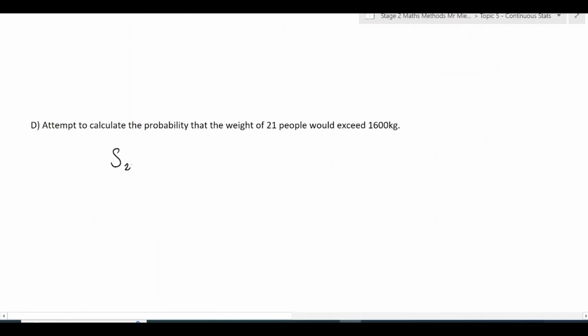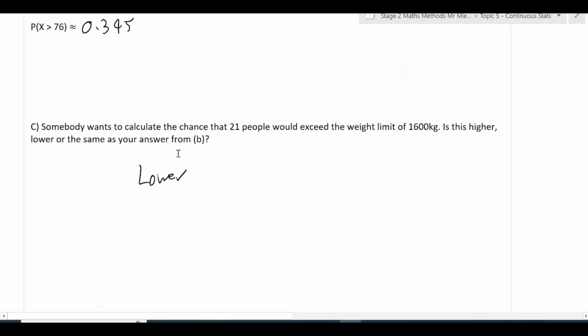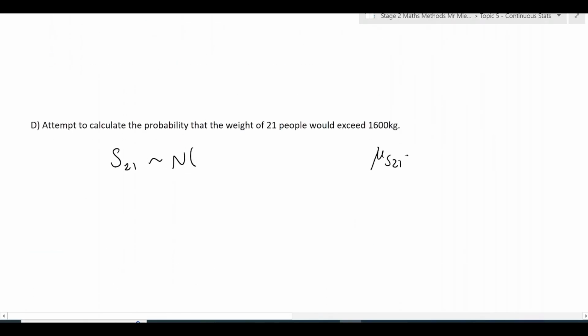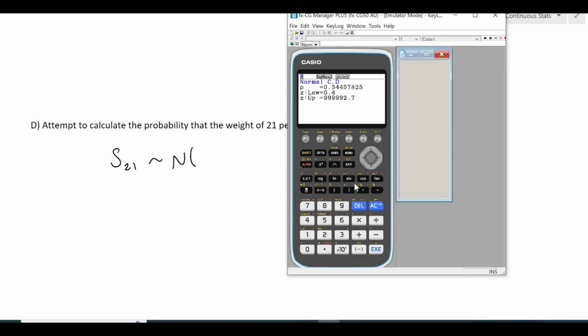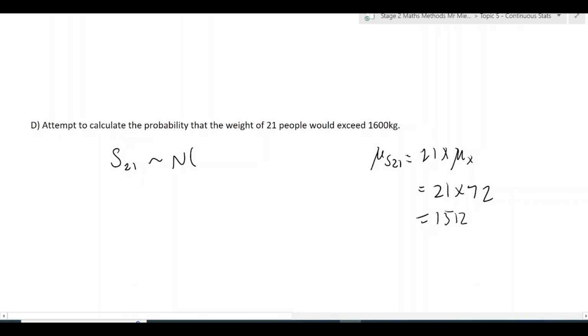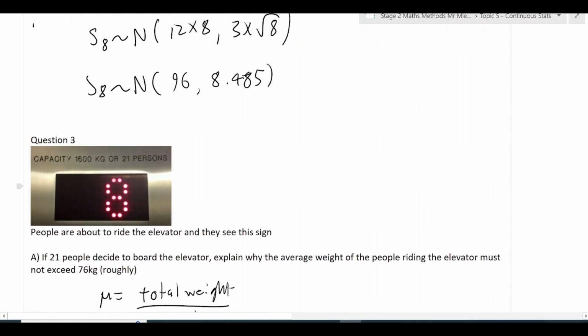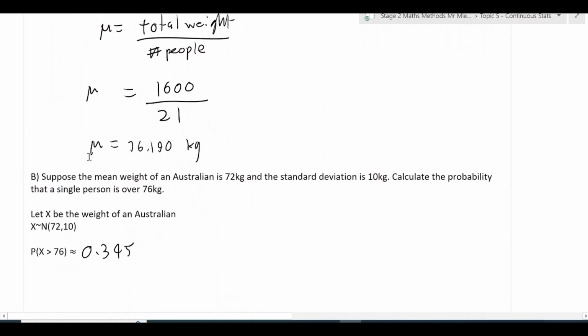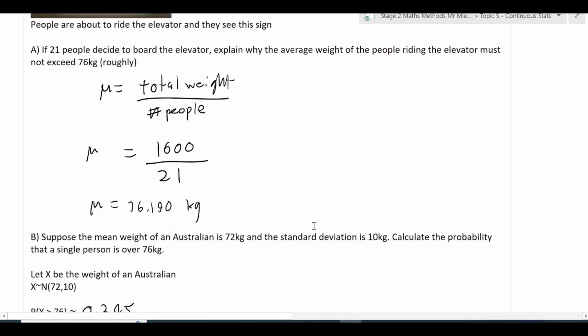So S21 is the distribution we want. It's distributed normally. Now, the mean of S21 is going to be 21 times the mean of a single person. It's 21 times, we said 72 was the mean of a single person. And if we try and work that out, 21 times 72 gives you 1512. So the average weight of a group of 21 people is 1512 kilograms, which you'll notice is a lot lower than 1600 kilograms. And that's because the average weight of each person is 4 less, so collectively they're quite